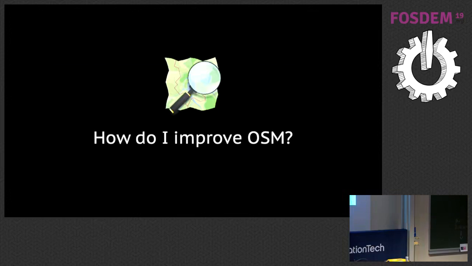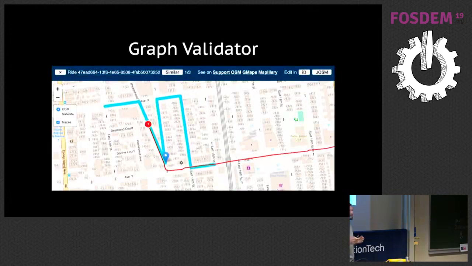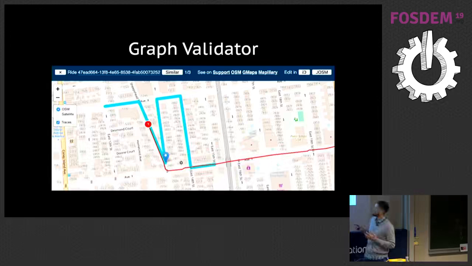It looks like this. So you can see that traces from our taxi drivers help find quite a lot of issues in OpenStreetMap. Like here, the red trace is the road trace from the car, and the blue one is matched to OpenStreetMap. And you can see that there is probably some small segment in OSM that's marked one way incorrectly.